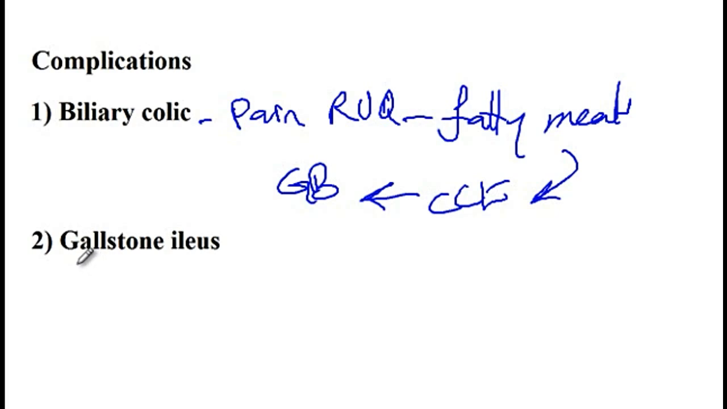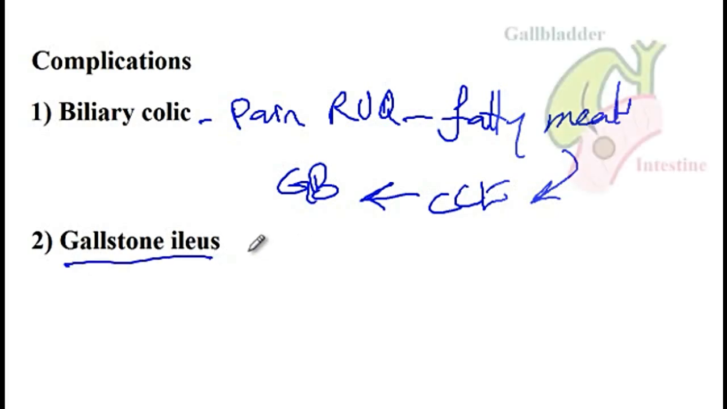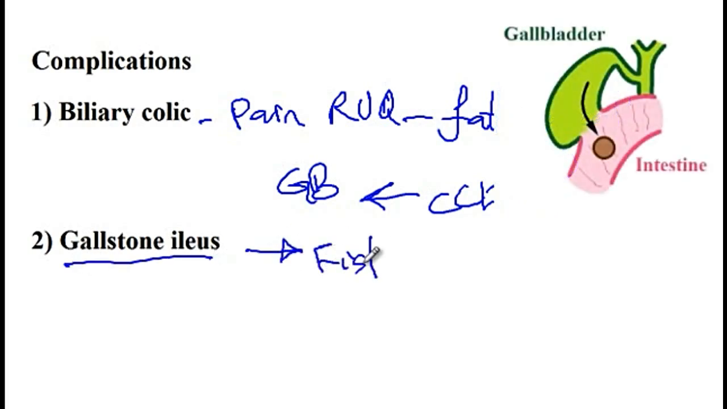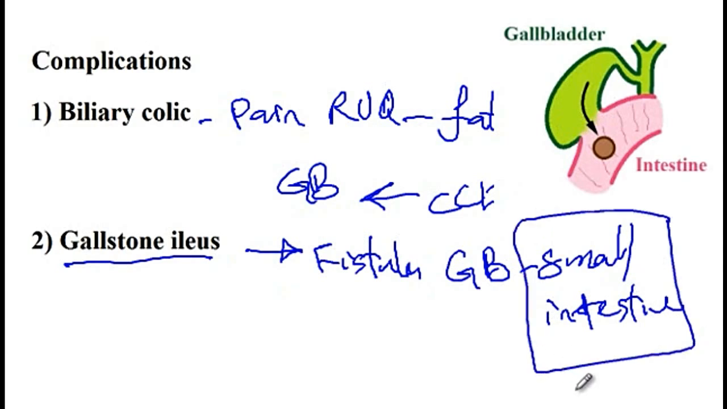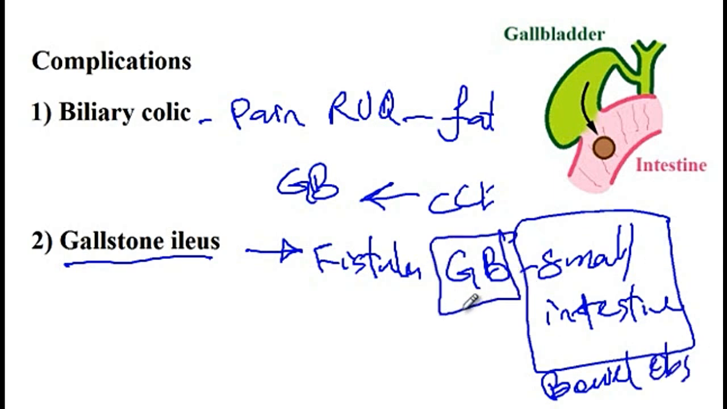And then the other complication is gallstone ileus, where there would be a fistula between the gallbladder and the small intestine. And so the gallstone can now move into the small intestine and cause bowel obstruction, while the air from the small intestine can now go into the gallbladder, and thus you will see air in